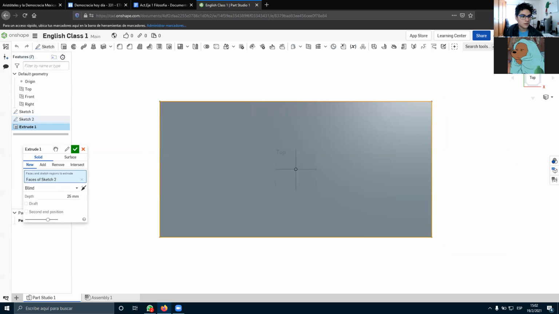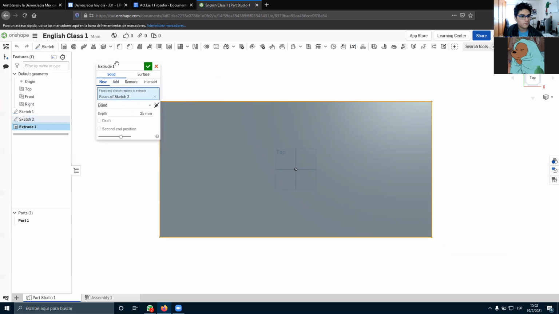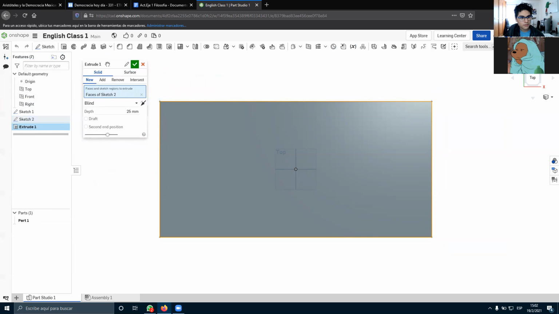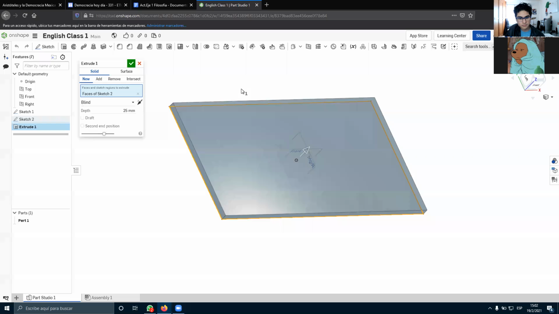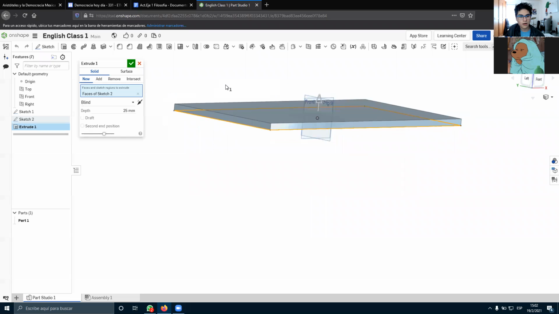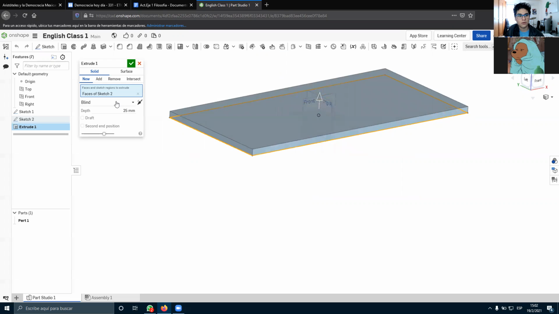I'm gonna click there, and a new window is gonna appear that says extrude one, all right? Yes. And right now, well, I'm gonna move this a little bit. We are having a model of how the table looks or how it should look. And here the software lets me specify how much volume I want. For example, it suggests 25 millimeters. I can put, I don't know, 5 centimeters,